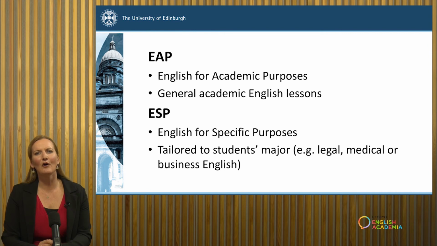In some, but not all programs, EMI or CLIL classes also operate alongside EAP, English for Academic Purposes, and ESP, English for Specific Purposes classes. Some of these classes are often tailored to the student's major, using subject-specific material, particularly in universities when collaboration is possible between such teachers and content faculty. But in others, these classes are often more general, offered to students around the university of varied disciplines across campus.